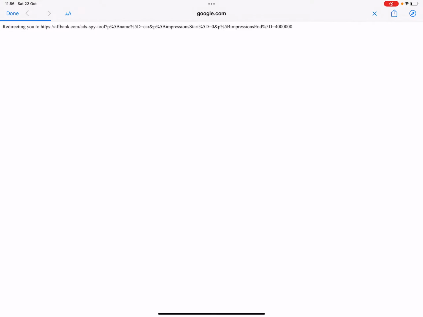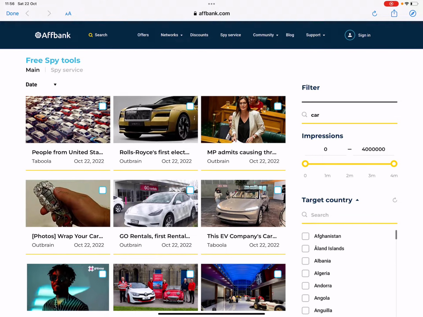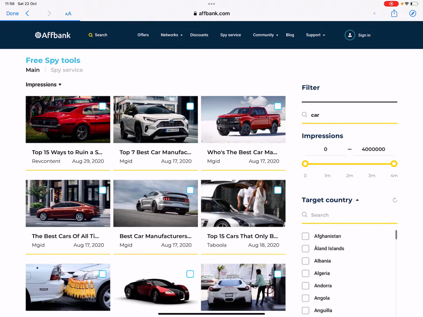So let's just imagine now, here's a free spy tool, which is a way you can use to find winning campaigns and winning ads. So let's just say you use this tool and obviously, you want to start looking for winning ads. So one of the first things you want to do is find proven ads that get the most volume and impressions and so on. Why? Because these ads, 10 times out of 10, are the ones that have made the most money and the ones that you actually want to model.